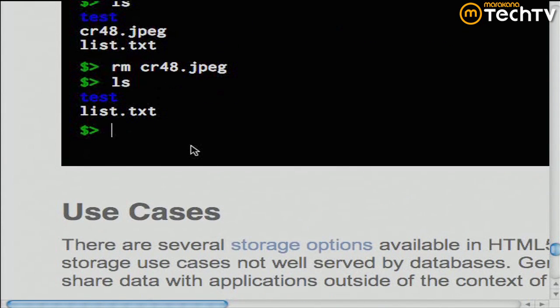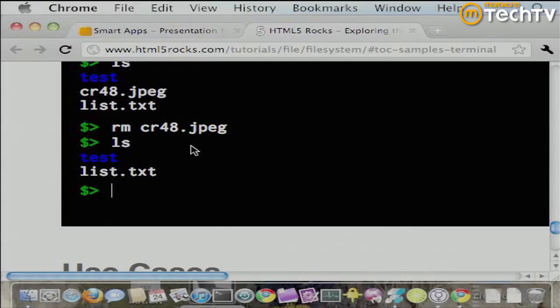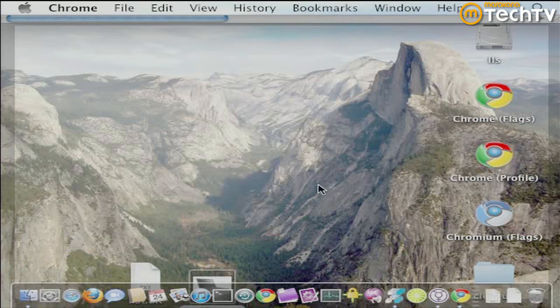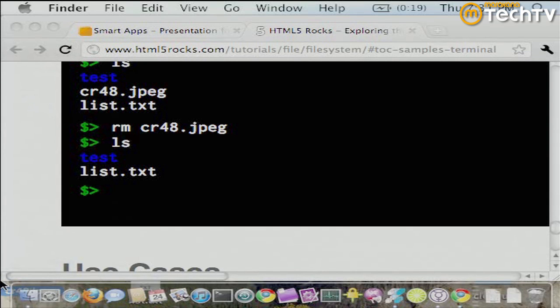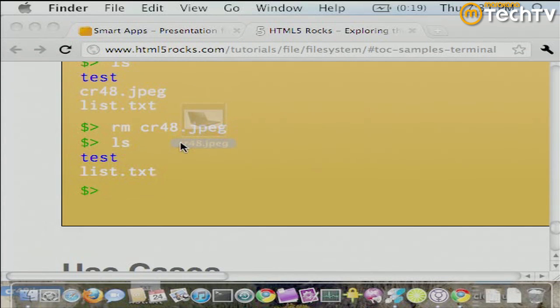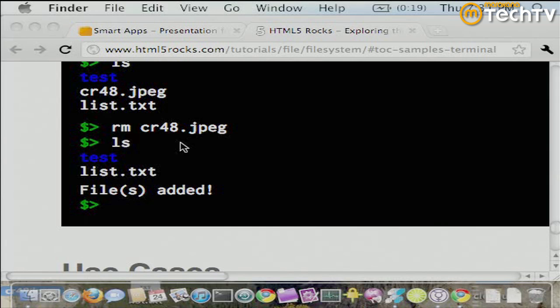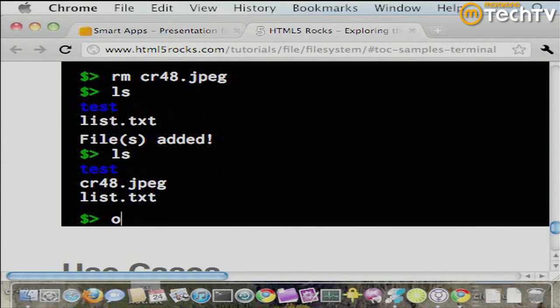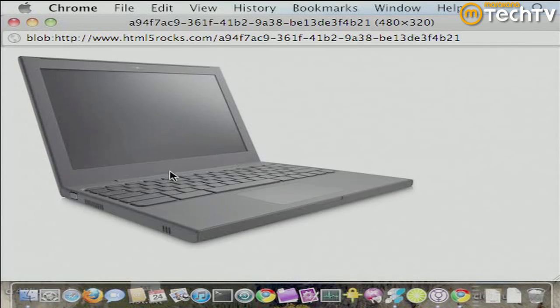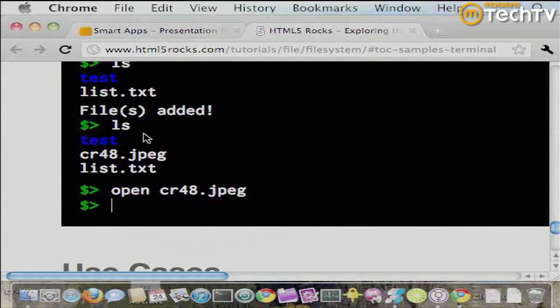You see that's no longer there. And then if I were to take this image, which is available on my desktop here, and then, oh, this is going to be tricky, I'm going to drag and drop it onto this terminal. You can see that I added the file. I'll just do ls here, and now I'll do open again cr48, create that JPEG. And you can see that I'm manipulating this file and interacting with it by dragging files into and out of